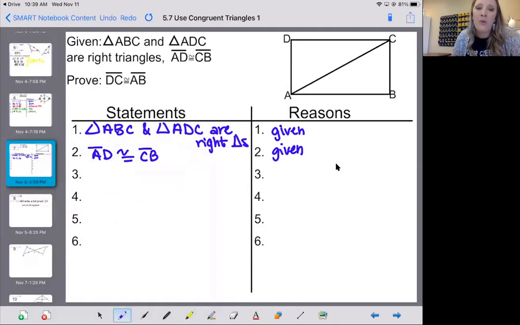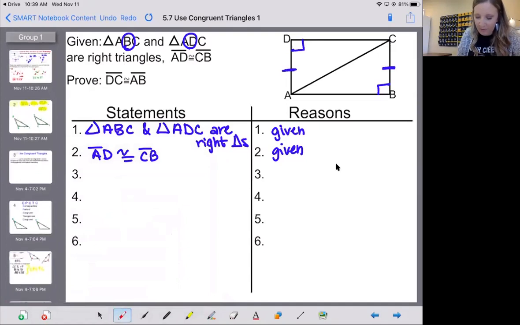diagram. When they tell you that two triangles are right triangles, you can typically assume that the middle letter is the right angle. So angle B and angle D are the right angles, and you can also see it kind of fits in with the picture there that those are the right angles. All right, we know also that segment AD is congruent to segment CB, and I'm thinking